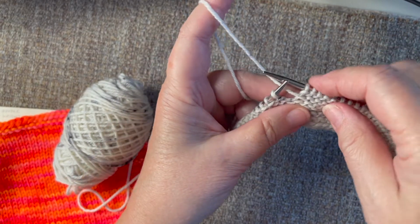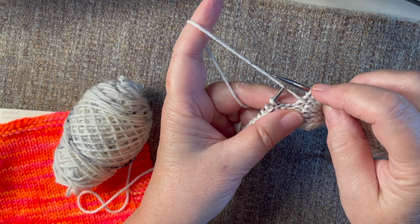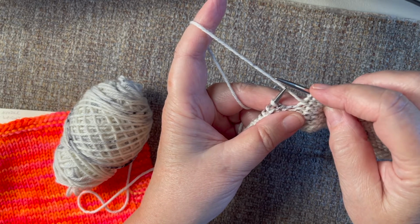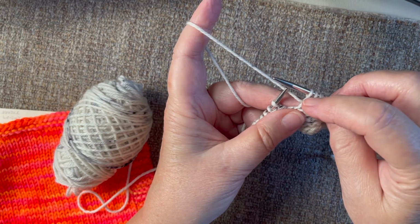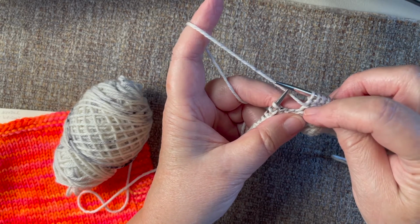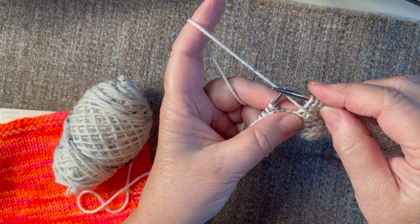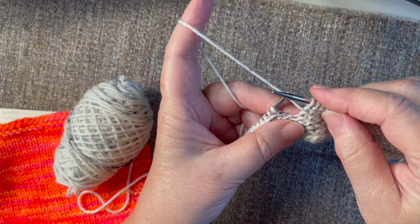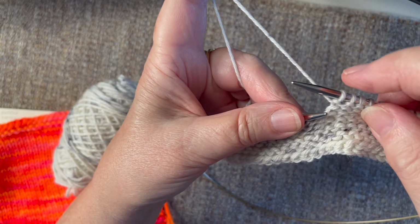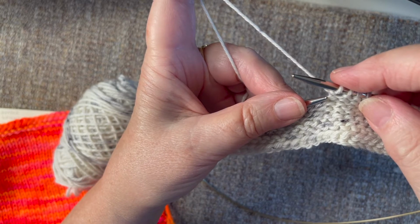I heard a lady that is a sock knitter, and she refers to the stitch that's on the needle as the daughter. The stitch that's right under that is the mother, and the stitch under the mother is the grandmother. And I actually think that's kind of a good way to think about it in identifying where we are. So if the stitch on the needle is the daughter, the one underneath it's the mother,